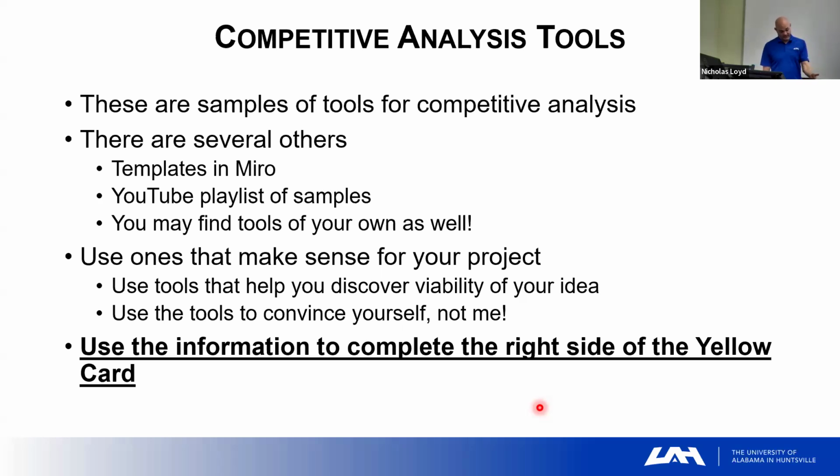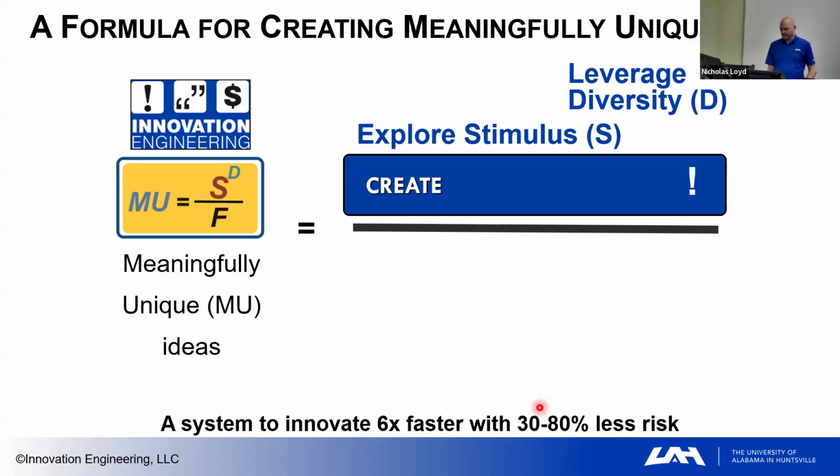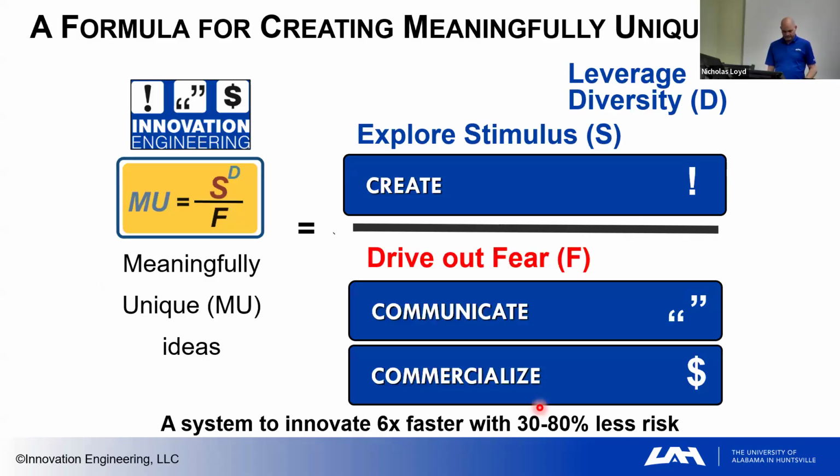So in phase 1 of the project, you were tasked with coming up, using Create tools, with a lot of ideas, choosing 5 that you love, and filling out the innovation engineering yellow card, the left side of it, which is where you identify the customers. You have the innovation name, the news headline, the customers, whose problem does it solve. That's the left side. With the idea being, if you can answer those with some level of confidence, it might be a good idea, move it forward.